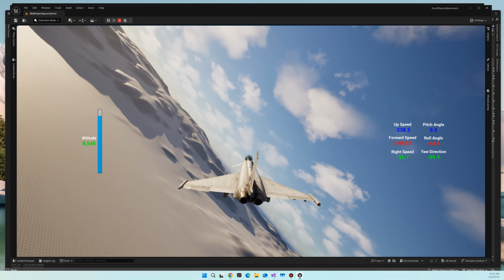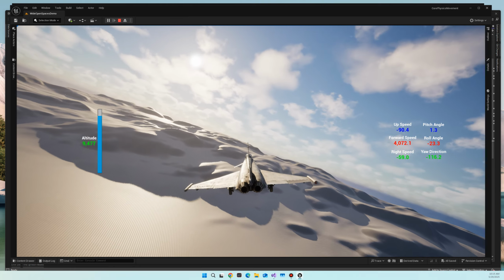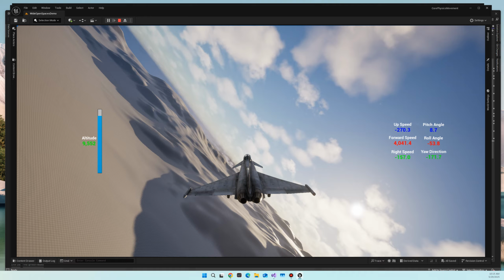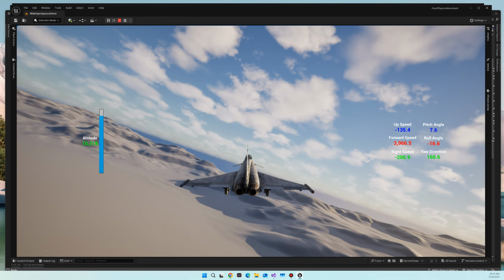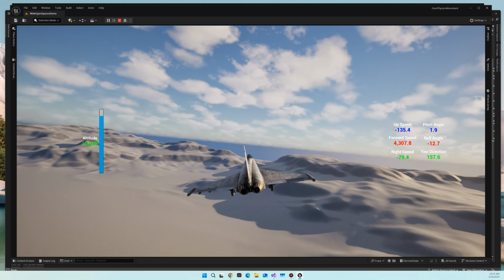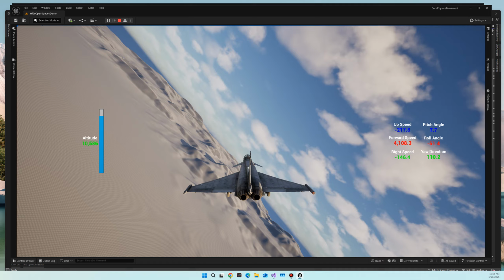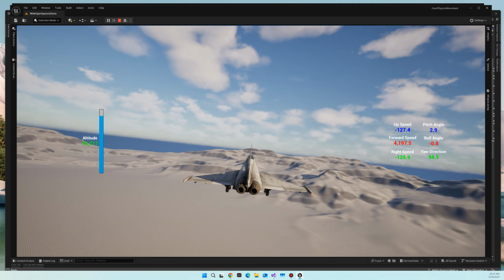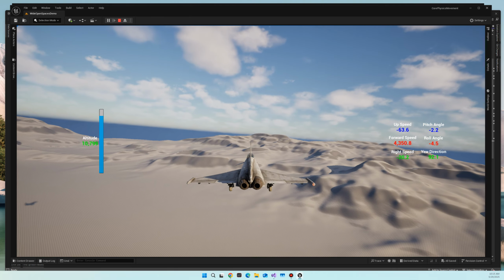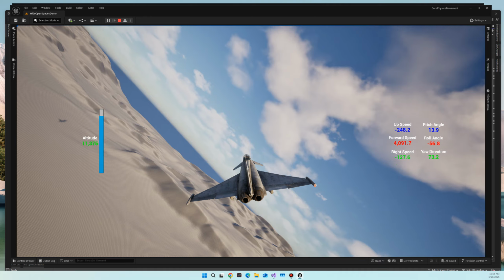systems that can be used to create uplift as well as down forces on your vehicle simulations, as seen here with my aircraft. I've got wings and a tail stabilizer, and the wings are providing the lift. So as our aircraft flies through our air, our simulated air, it's creating a shape. The shape of the wing is providing lift based on the amount of forward speed that is going over the